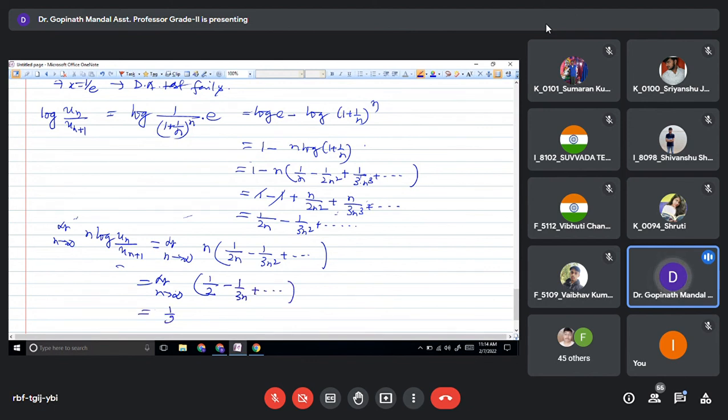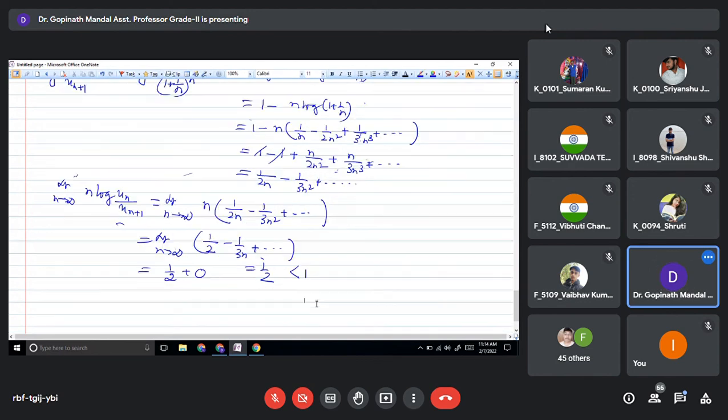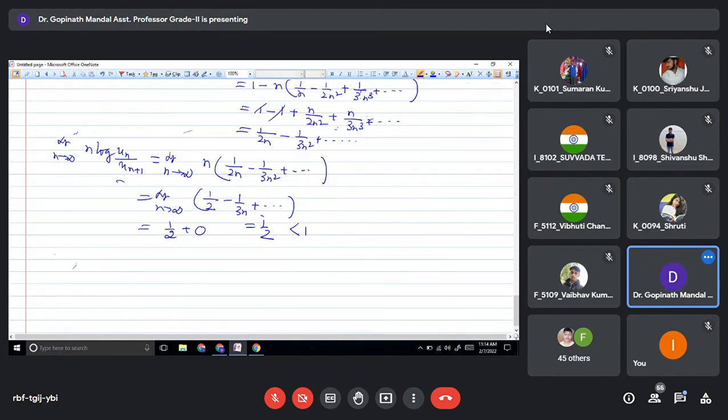So this will be half and the other terms are 0. So the limit is half. That means the limit is less than 1. So by logarithm test,